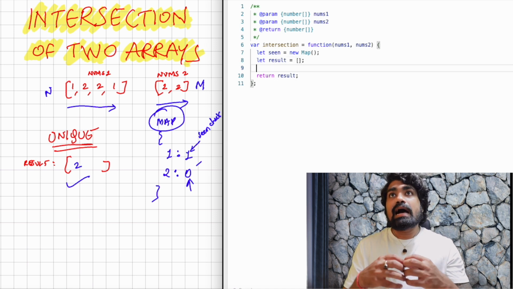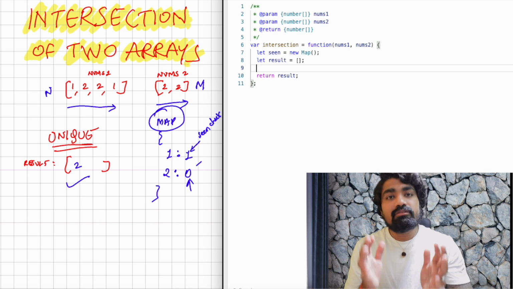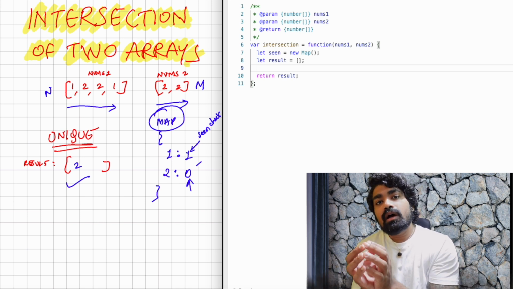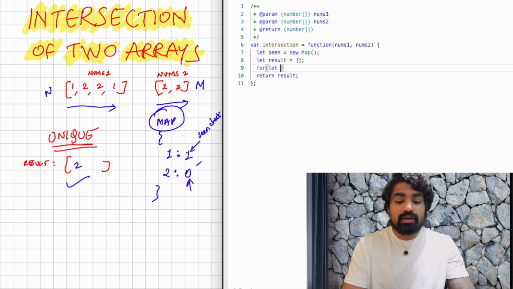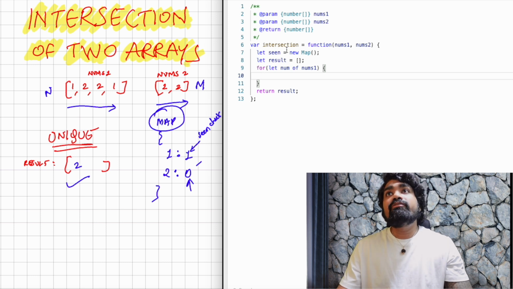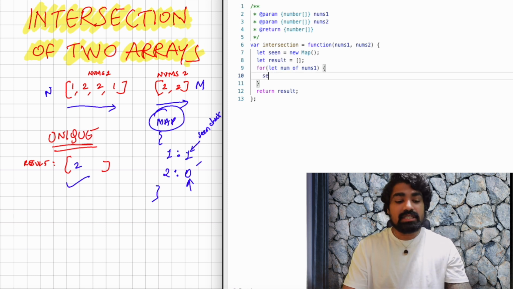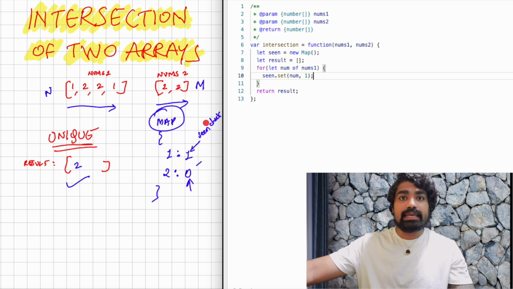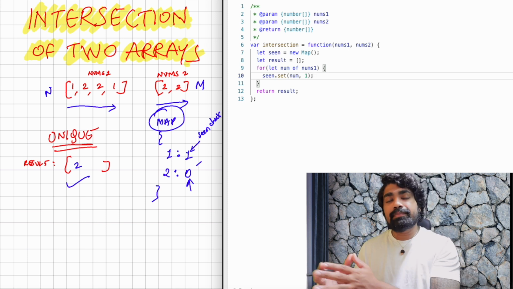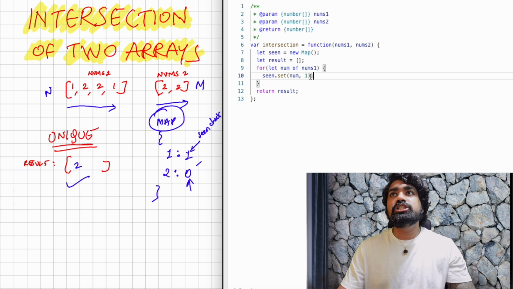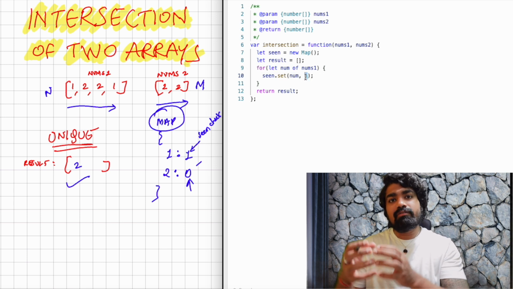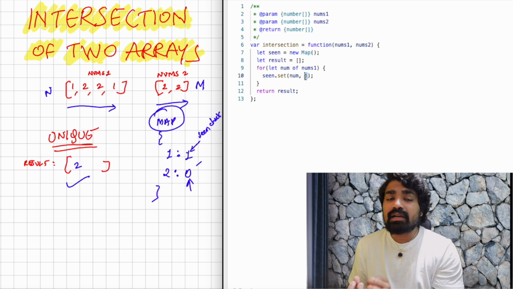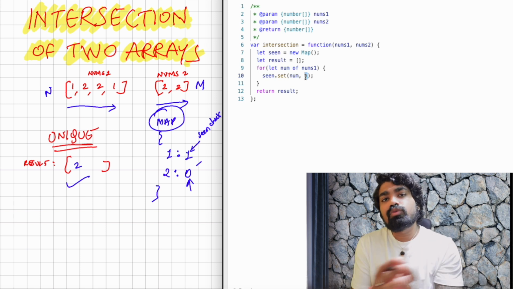Now, after the initializations, we said we will first iterate through the nums1 array that we have received. So I will just say for let num of nums1, whatever number I see, I will just say seen.set that number with 1. So I will update my seen check in my data structure of a map with this initial value of 1, so that I will be able to use this as a check later on when I go through my nums2